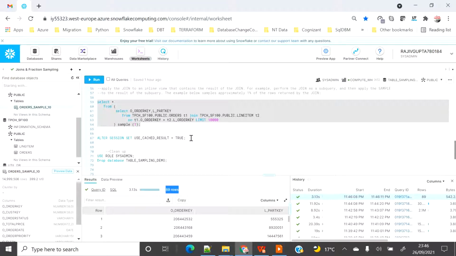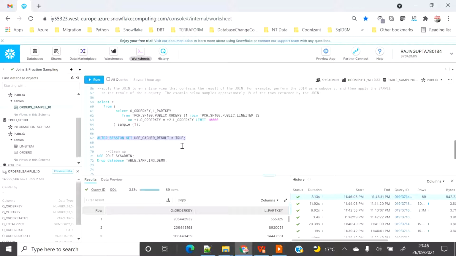As we have done all the demo, now we understand how you can sample the table in the join with both the tables, with a partial data set, with the inline view, with the simple entire table, and how you can do the probability of sampling on the entire table. And we have seen the different varieties of row based versus block based.